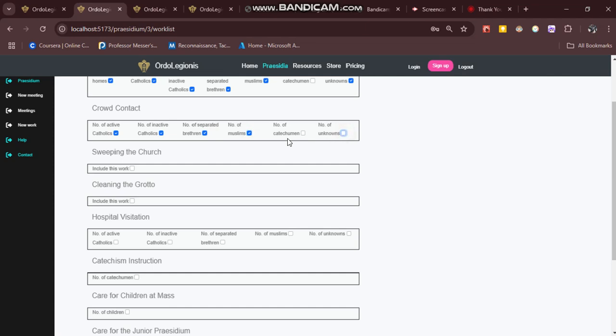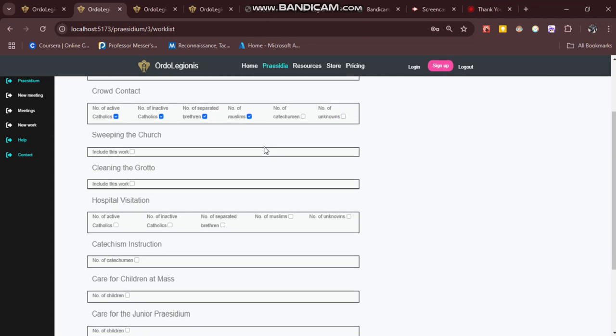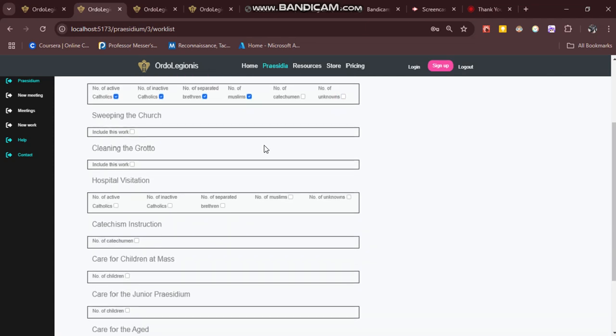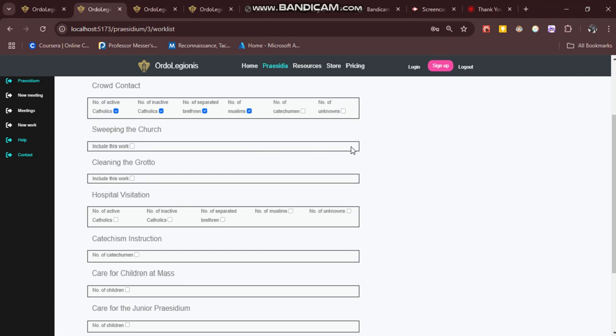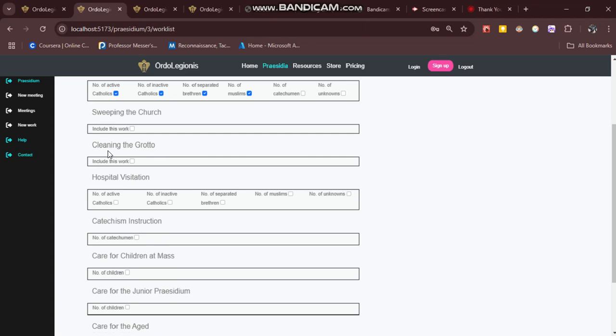So you could select this, you could not select it. If you don't select it, it won't show up when you're recording your work, or it won't even show up in your report. Seeking the church, so this is an inactive work, so there are no metrics to track. All we have is either to include the work or not include the work. So I will not be including this work.